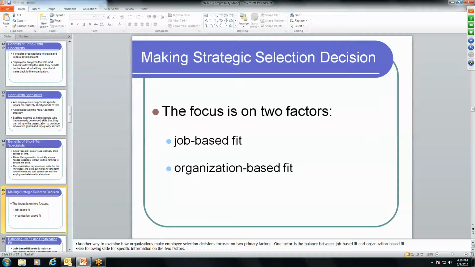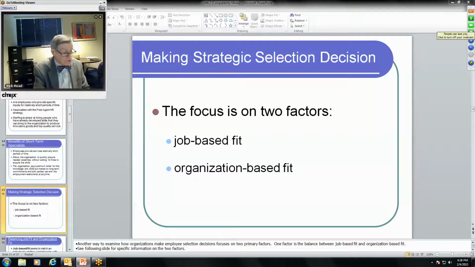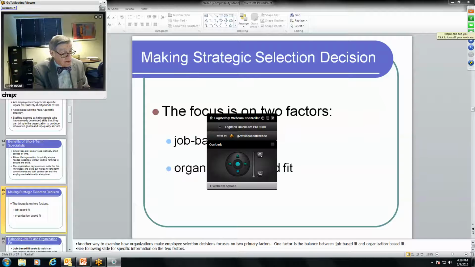And that is, selection should be based on one of two factors. And of course, the factors can be put together. This slide comes from the resources associated with the Stewart and Brown text. Two considerations: job-based fit and organization-based fit. The former matches the candidate to the job, and the latter matches the candidate's characteristics